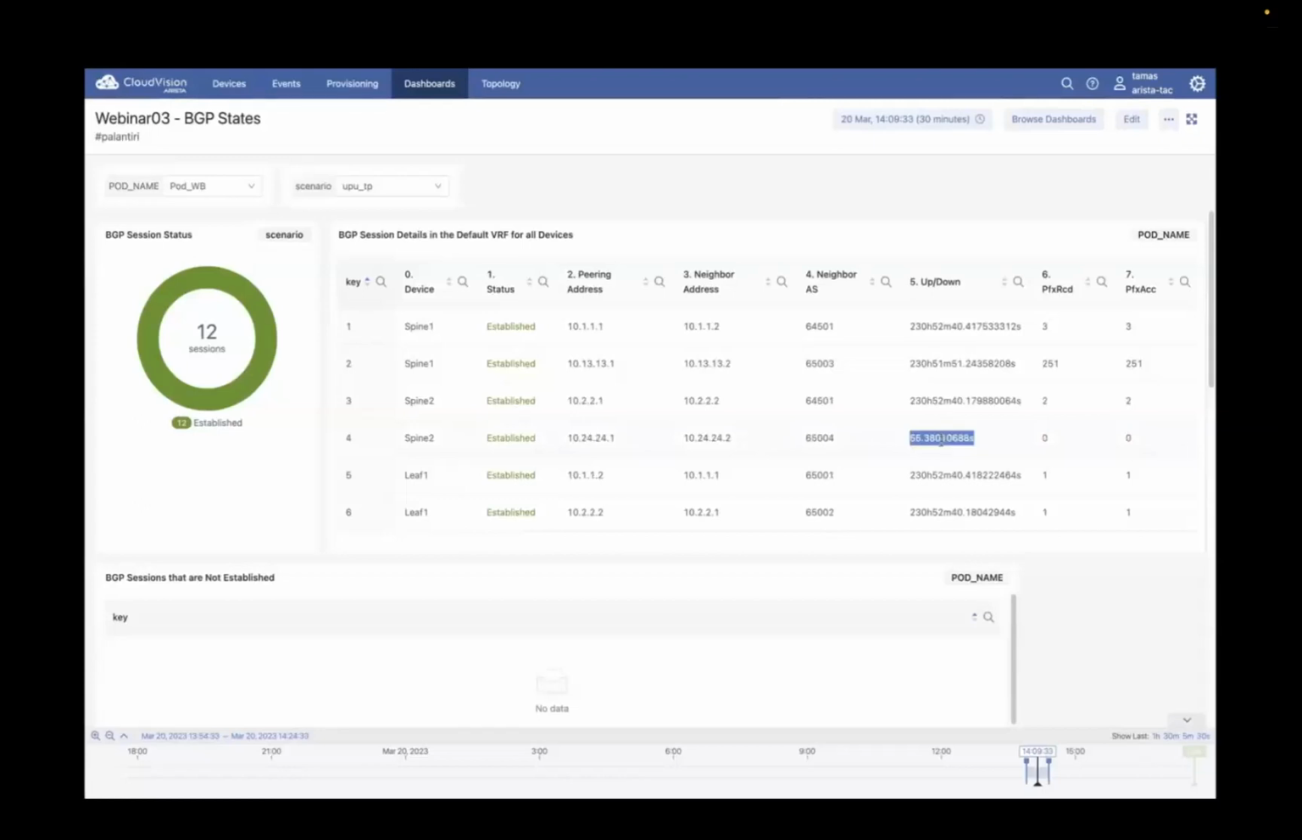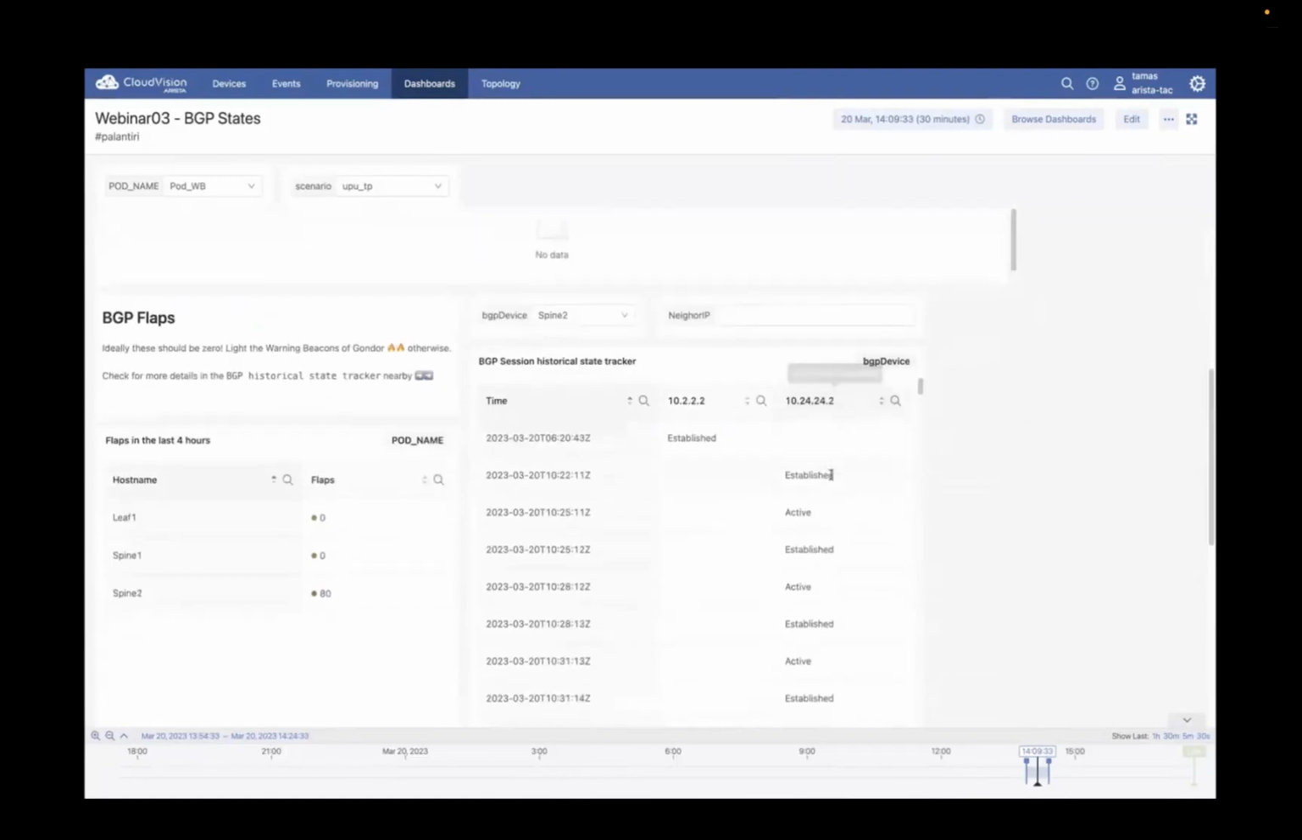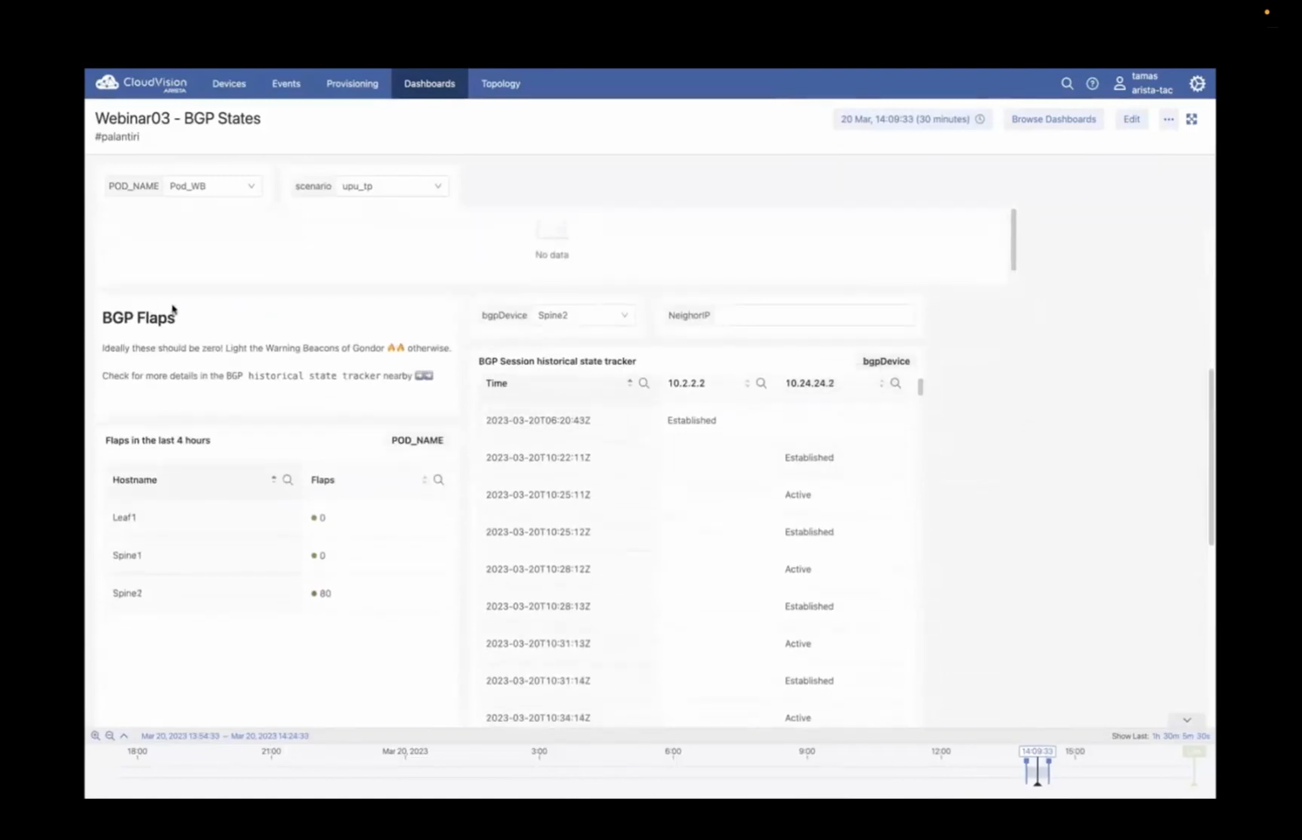And we know that the issue is still present, so we're going to check the other dashboards to get some more information. Let me scroll down a bit here. I've created this other dashboard, which is called BGP flaps, where I've written a small note that ideally you should have none, but if you do, you should light the warning beacons of Gondor because something is on fire. Then you can check this table that shows you the flaps for the last 4 hours, but this is customizable. You can choose how many hours you want in your query. There we can see that spine 2 has 80 flaps